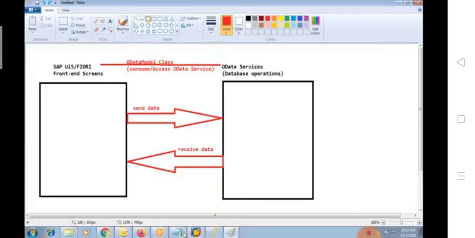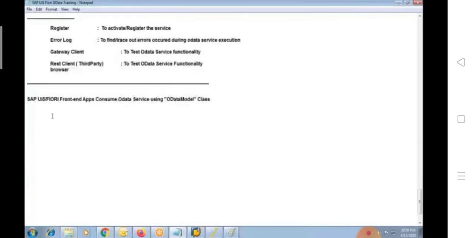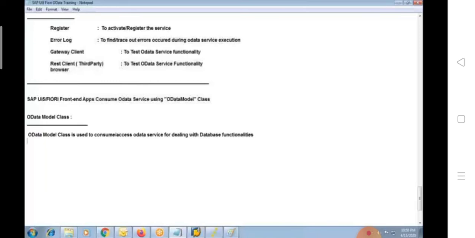So let me just write a simple note. Okay, I've already written it. OData model class. Very simple, very important. This OData model class is used to consume or access an OData service for dealing with database functionalities.